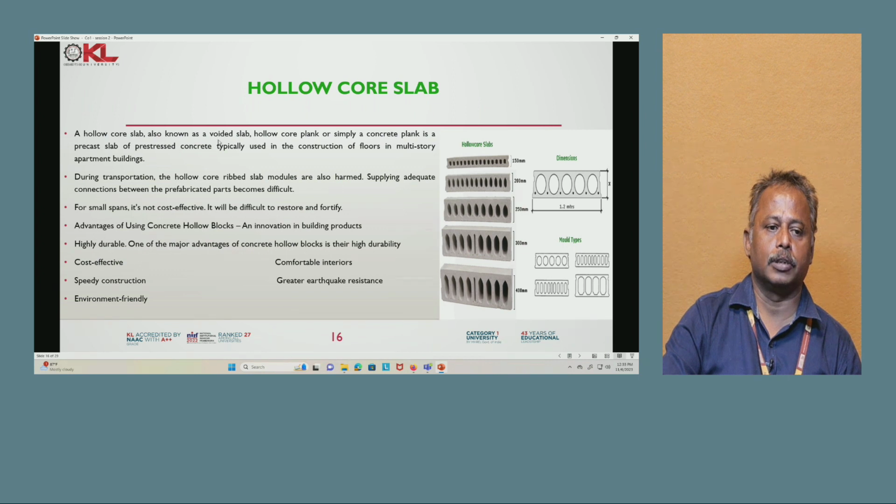Next, hollow core slabs. Hollow core slabs are also known as voided slabs. The hollow core plank is a precast slab of pre-stressed concrete, typically used in the construction of floors in multi-story apartment buildings. During transportation, the hollow core ribbed slab models can also be harmed. Supplying adequate connection between the prefabricated parts becomes difficult. For small spans, it is not cost effective. It will be difficult to